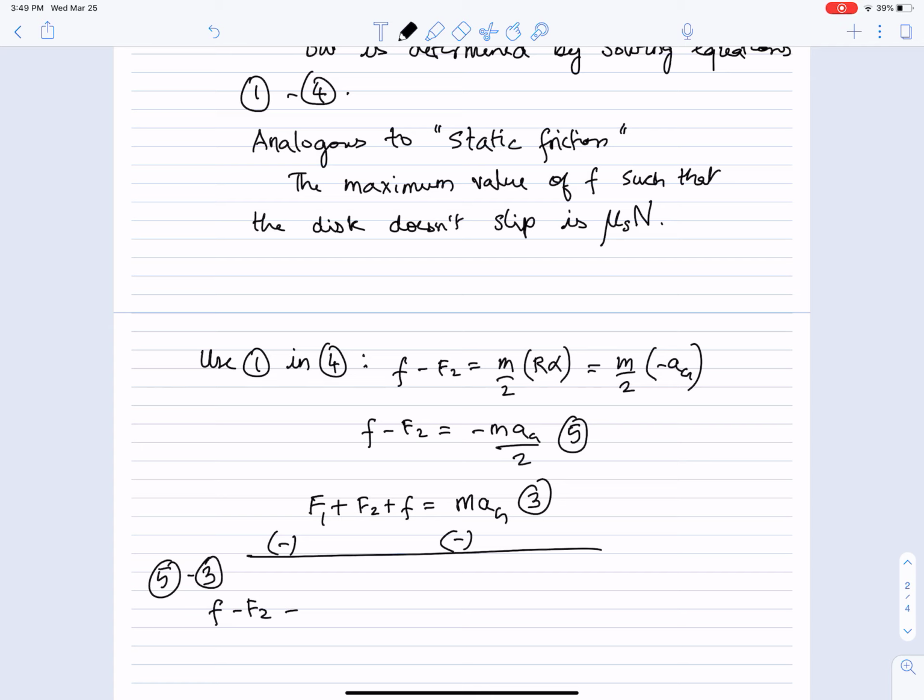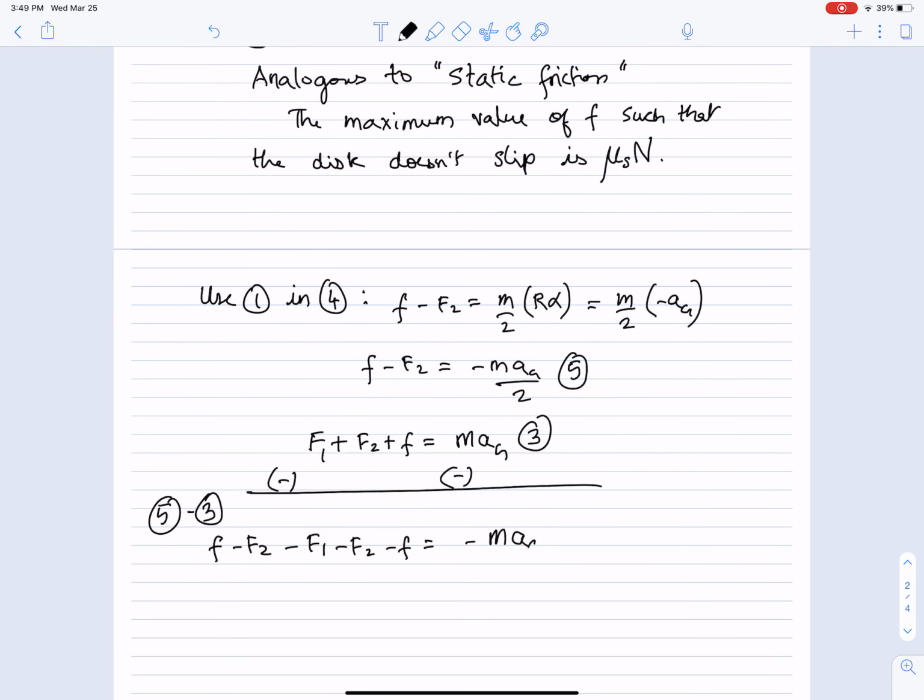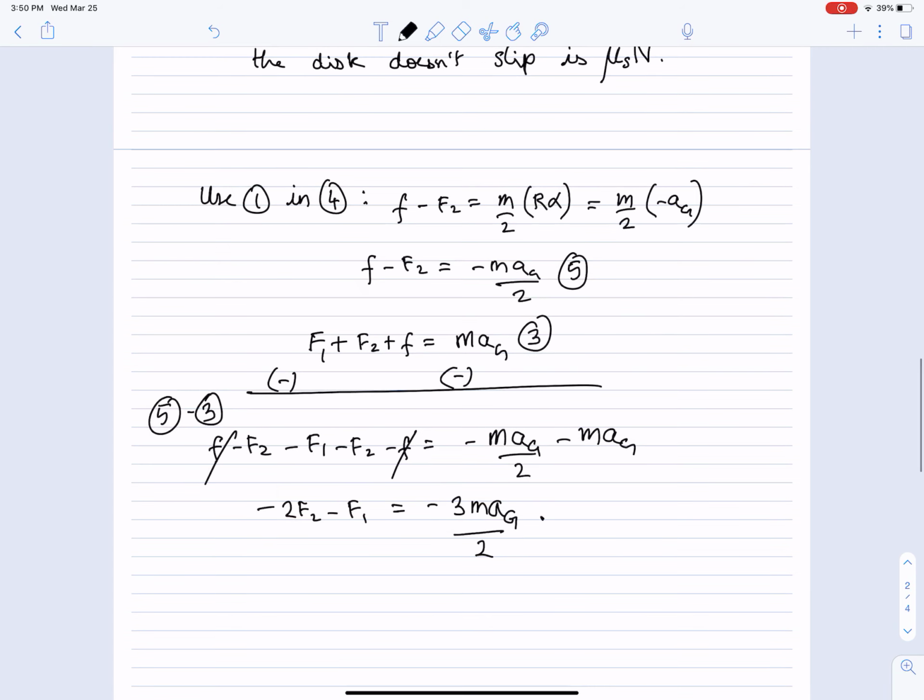F minus F2 minus F1 minus F2 minus F equals minus M Ag over 2 minus M Ag. The F gets cancelled, and we are left with minus 2F2 minus F1 equals minus 3M Ag over 2, or